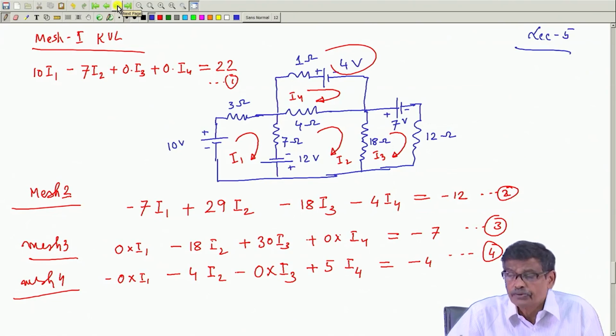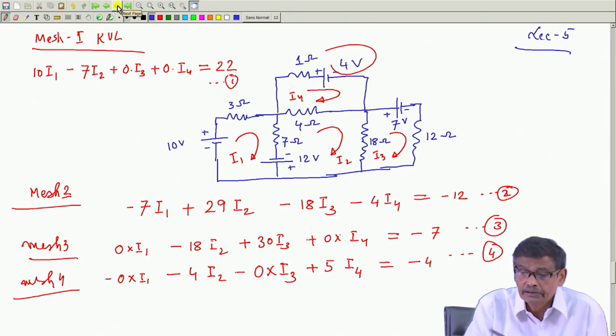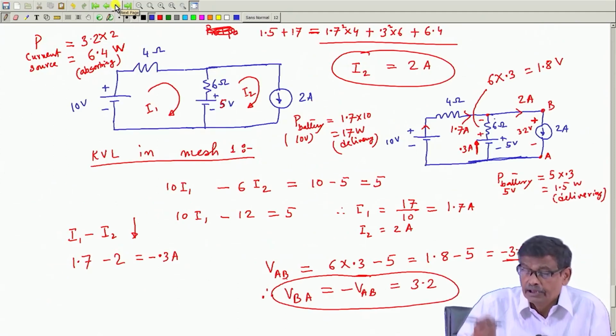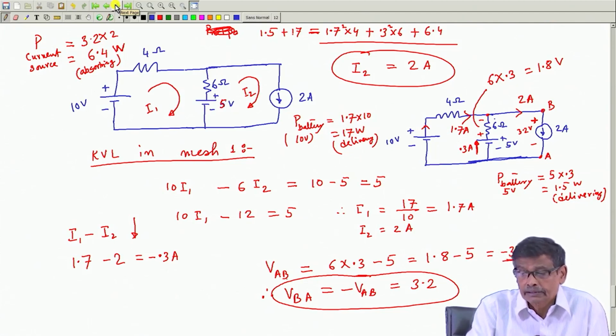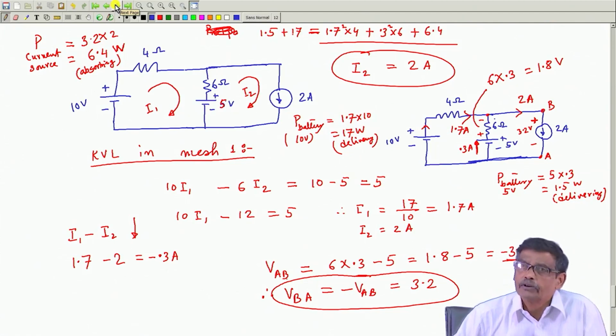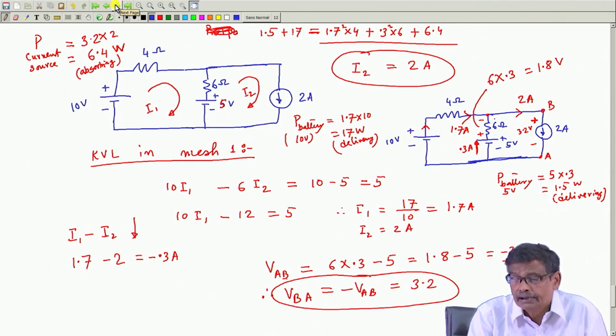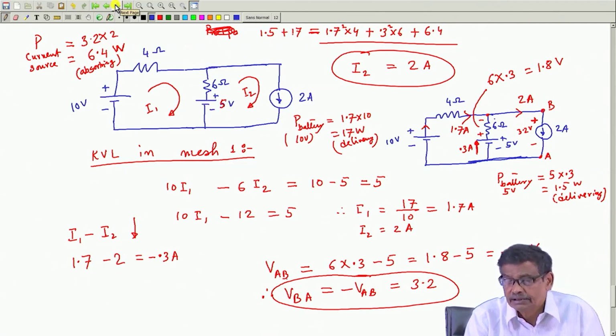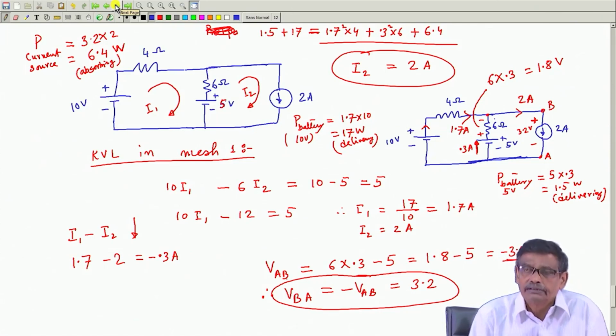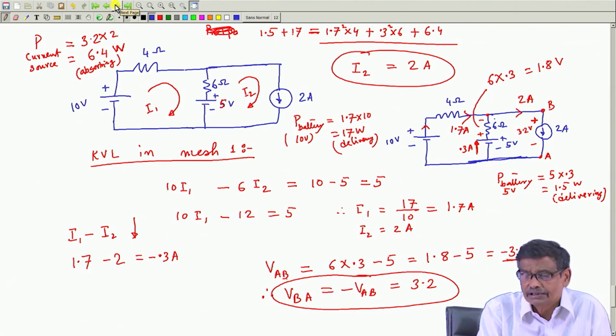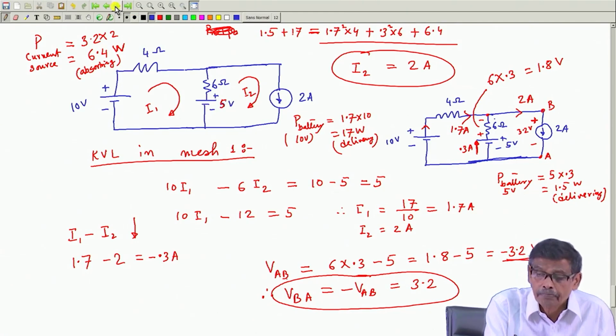In general, the number of equations to be solved is equal to the number of meshes, algebraic equations, and if you are lucky, in mesh analysis you can reduce the number of equations to be solved, provided there exist some current sources in the outer meshes. If you can identify some mesh where after this nothing is present, then that mesh current is known. That is, if, for example, two meshes are there, we have to solve only one equation, this mesh current being known. Now, what happens